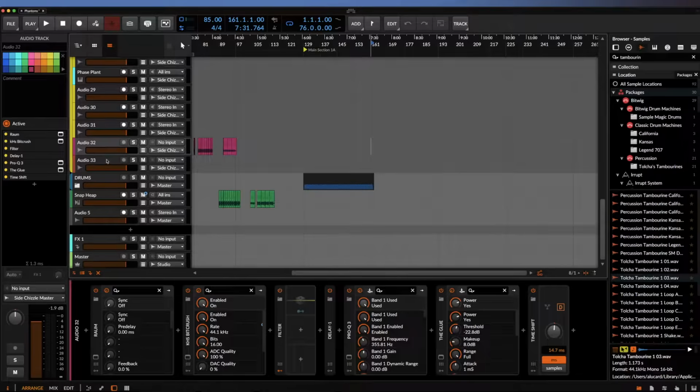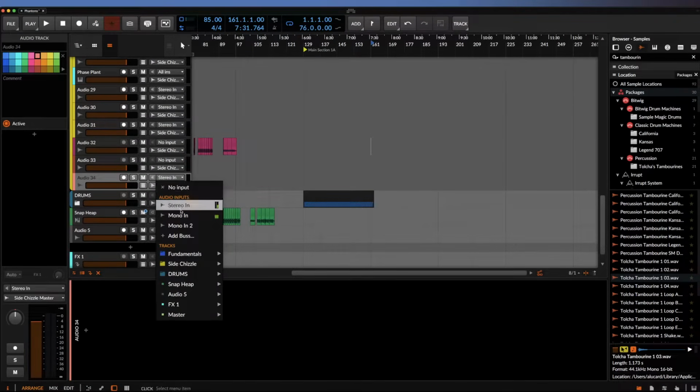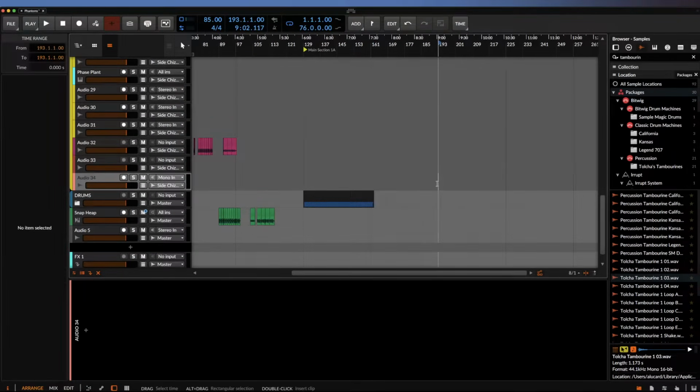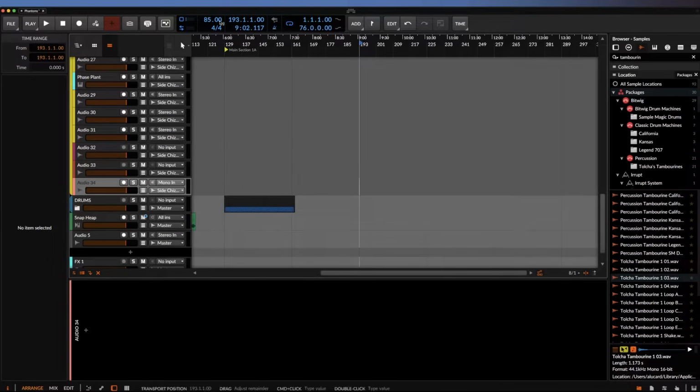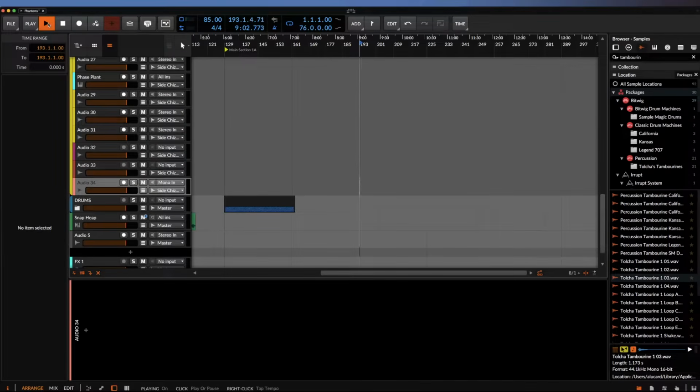But really all you need to do is go into one of these bad boys and go into your mono input right here. And what I like to do is actually turn on the metronome, but just make it super quiet. And then I try to either write down some bars or some phrases that are somewhat in time. So if we were to hit play and just listen to this, you can hear that the metronome is on, but it's very quiet.